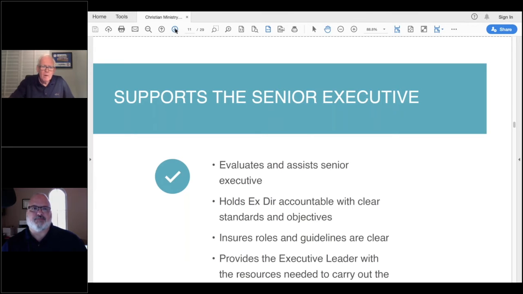Good. Thank you. The other point is supporting the executive, senior executive. You want a board that's collaborative with the senior executive, and sometimes, especially with bigger boards, there can be a friction point that happens between the board and the leader. And what's important is to try to be as collaborative and supportive as a senior executive possible.